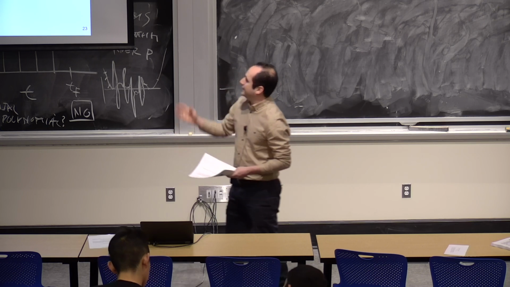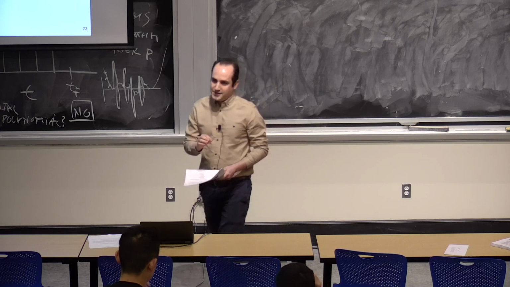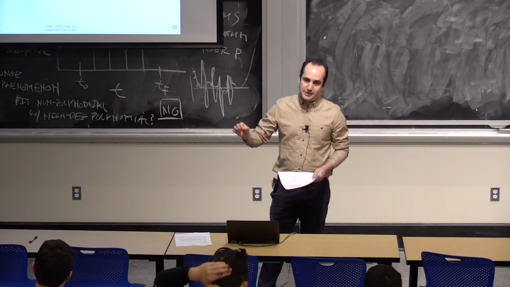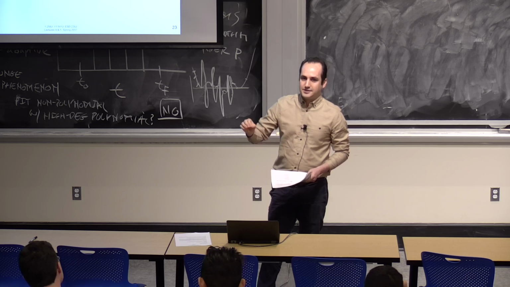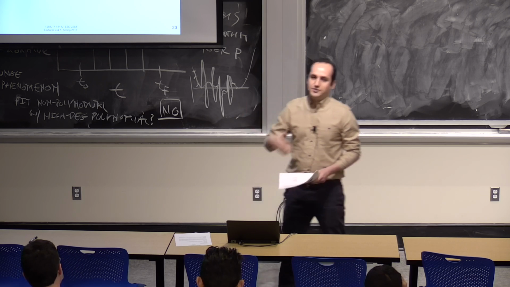So again, a trip is considered on time at each time point along the route and on the performance window, basically. Usually transit agencies, for each route, define certain time points, which could be major stops or stations, but usually they are less frequent. I mean, every 3 or 4 stops, there could be one time point that you measure the on-time arrivals and